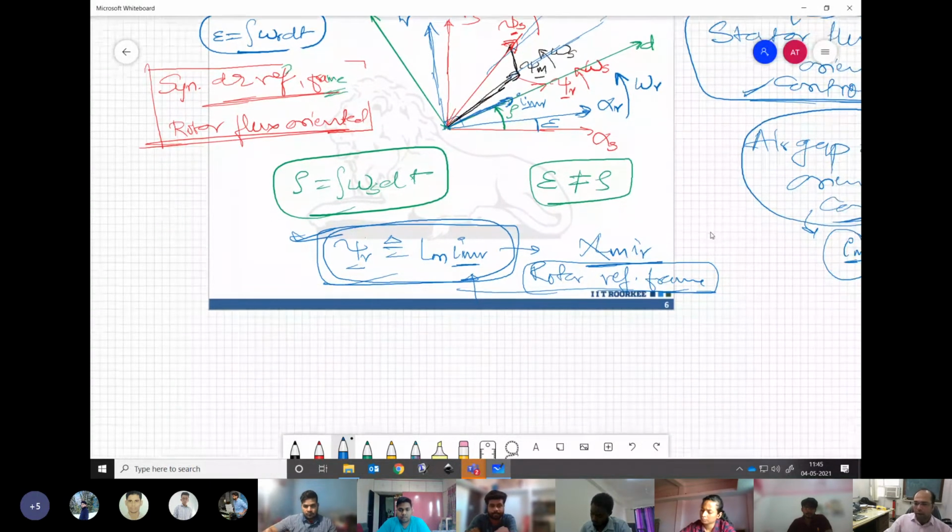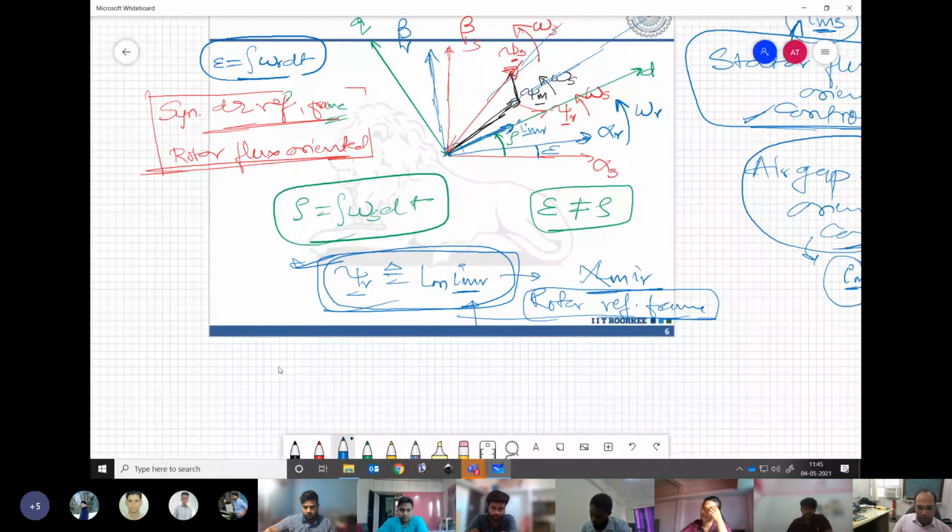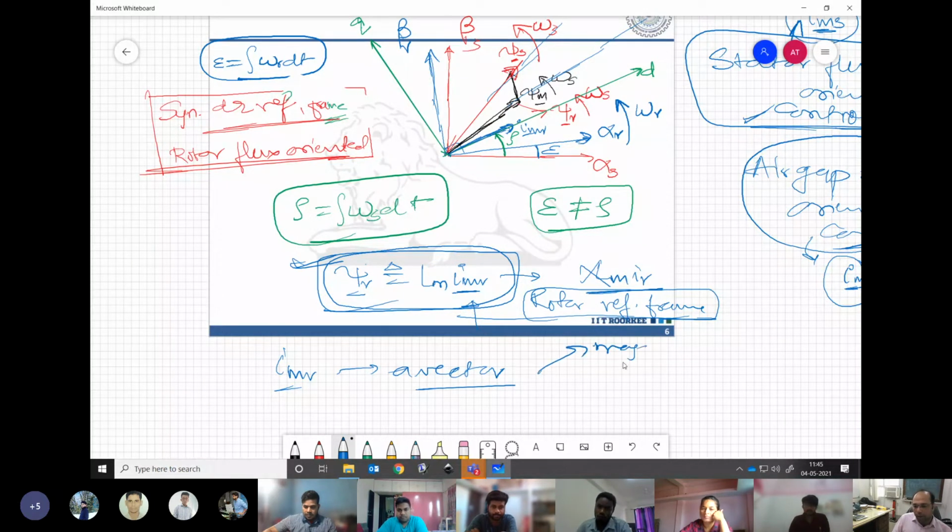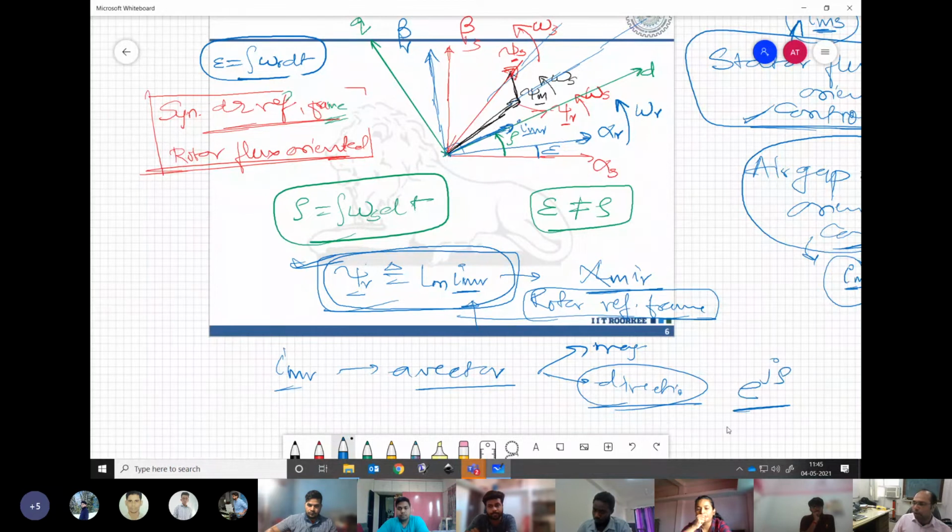Now, anywhere we define, let us say our IMR, finally what is it? This is a vector. It's going to have some magnitude and some direction, isn't it? That is all it's going to have. Direction, we know that it is oriented along the d-axis. So a unit vector, something like e raised to power j rho, is going to be there. Is it not? I am talking about only IMR.